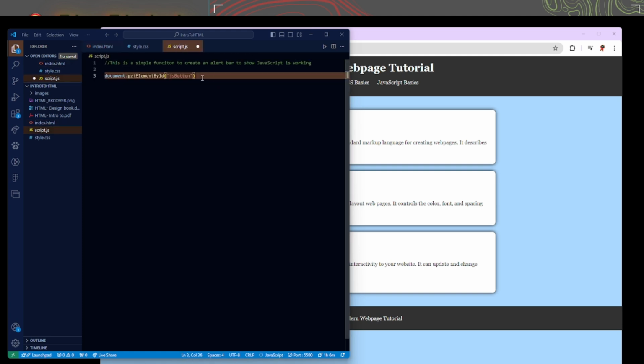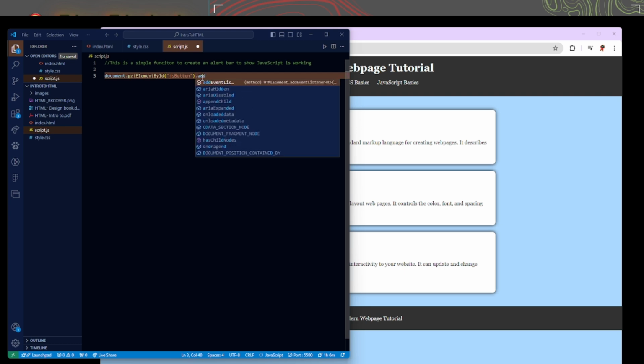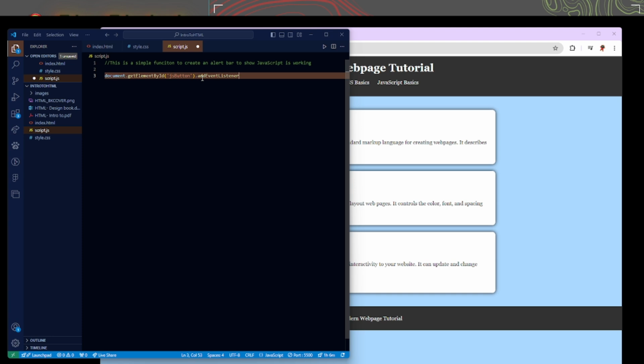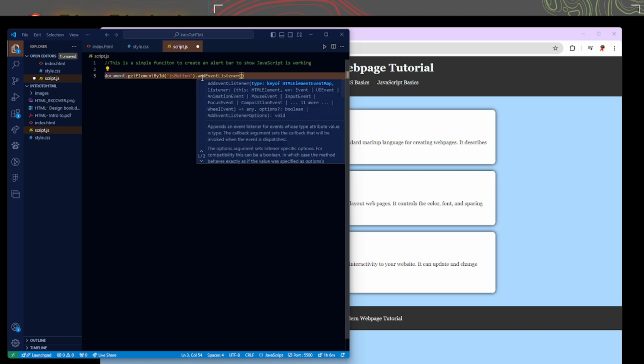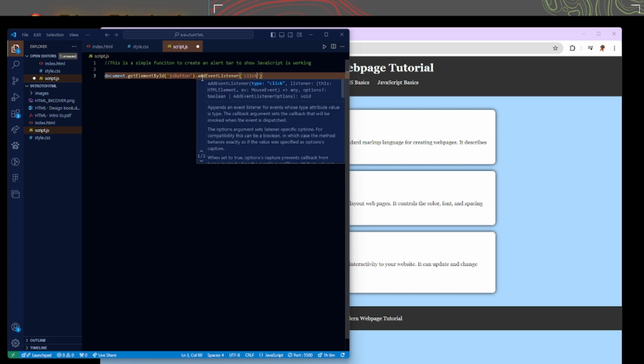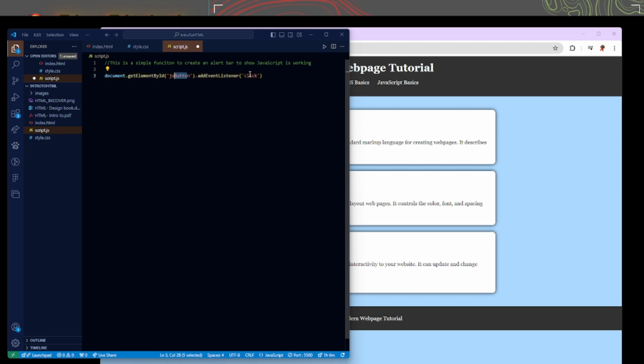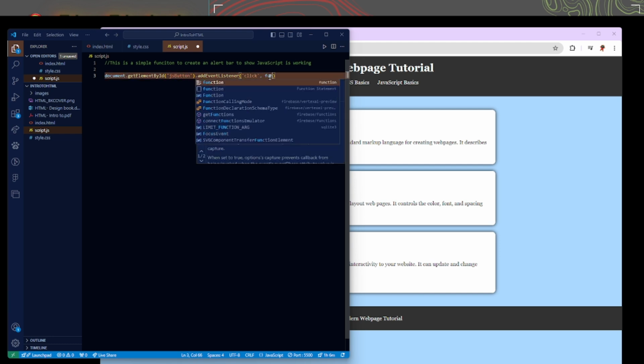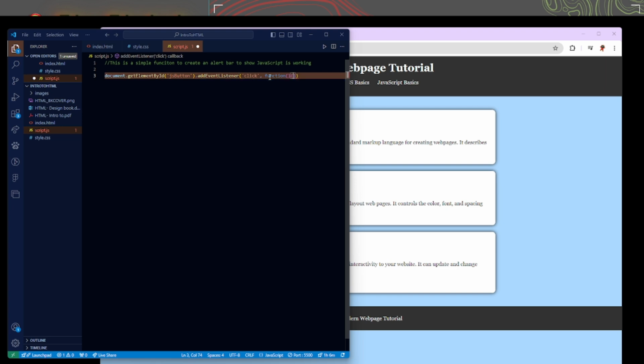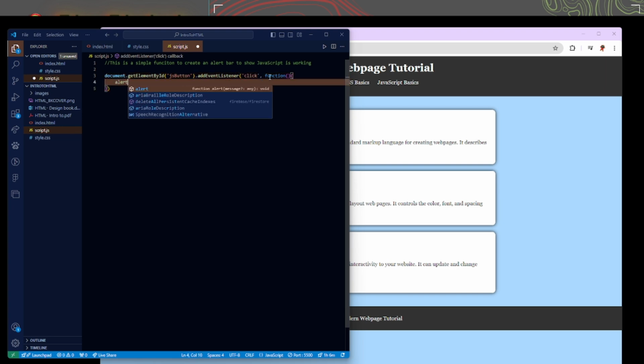From here on out, we don't need to go back to our HTML anymore, because what we're going to do is add an event listener. We're telling JavaScript to listen for, or look for, an event that happens on our HTML document. That event, which we'll put in parentheses, is going to be a click event. So every time someone clicks on this specific element, this JS button, what are we going to do? Well, we're going to create a function, and that function is going to alert, or create that pop-up menu, that says,